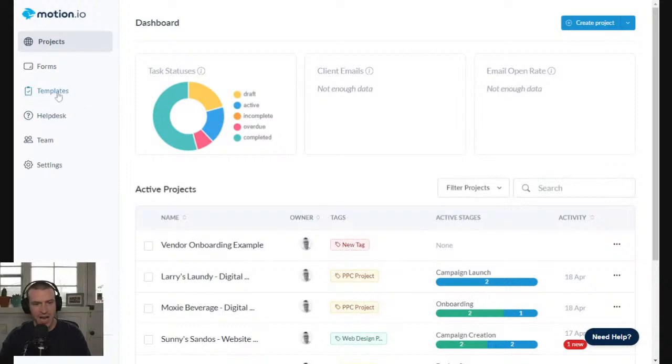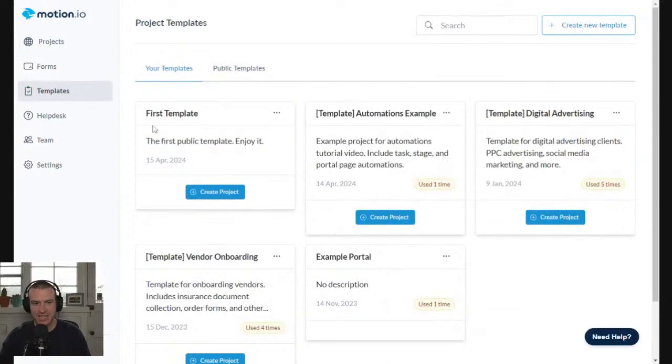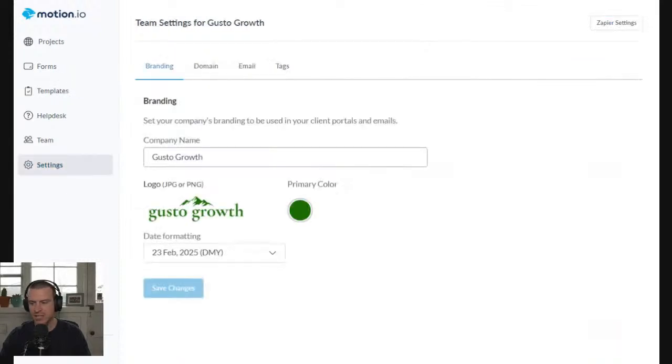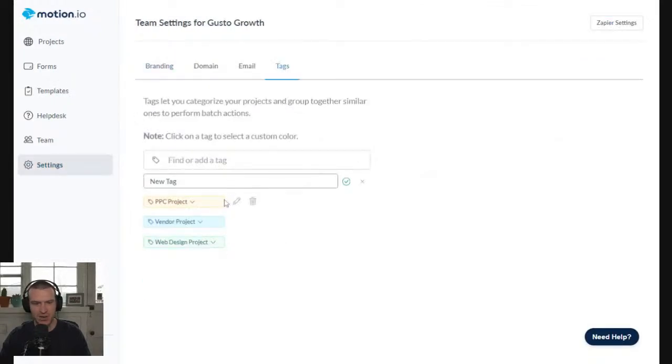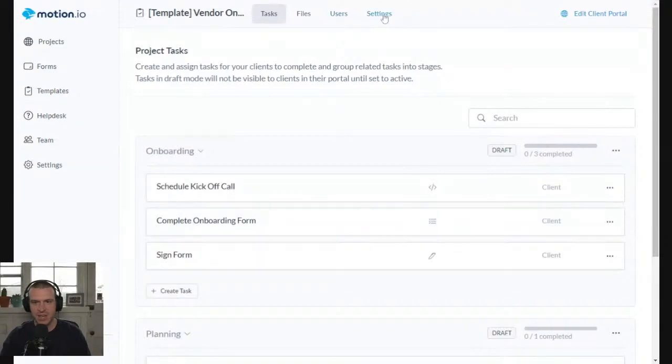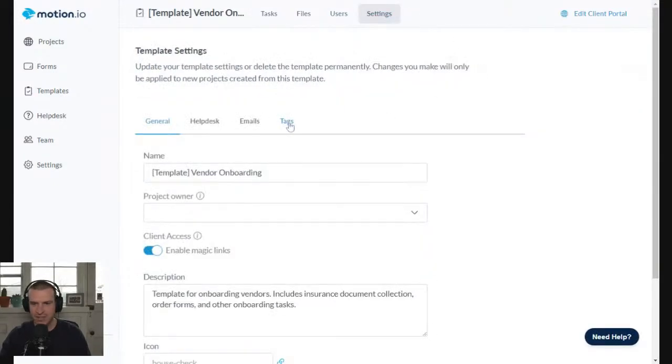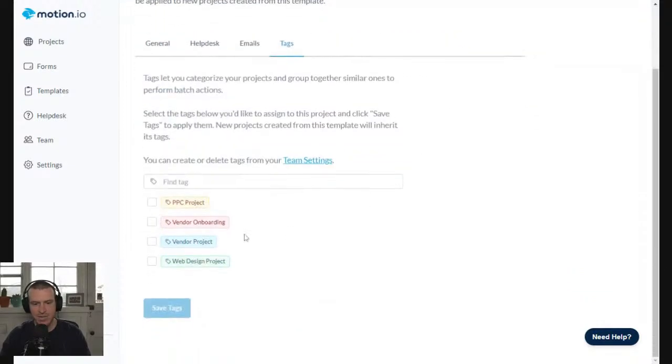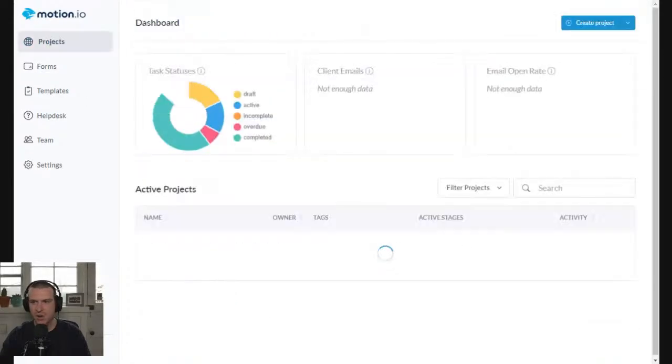With that, you can also apply tags at the template level. So I'm actually just going to go back quickly and change this tag because I don't want to call this new tag. I'm going to instead call it vendor onboarding and apply it to my vendor onboarding template. So I'll go in here, click edit on my vendor onboarding template, go to settings, and the same way that I can apply a tag to an active project, I can click on the tags tab here and select vendor onboarding. And now, whenever I create